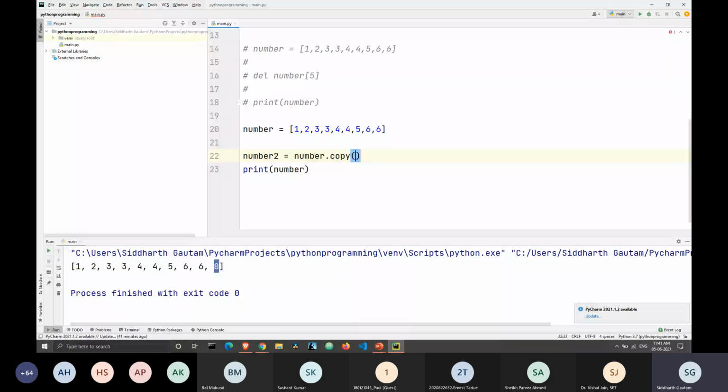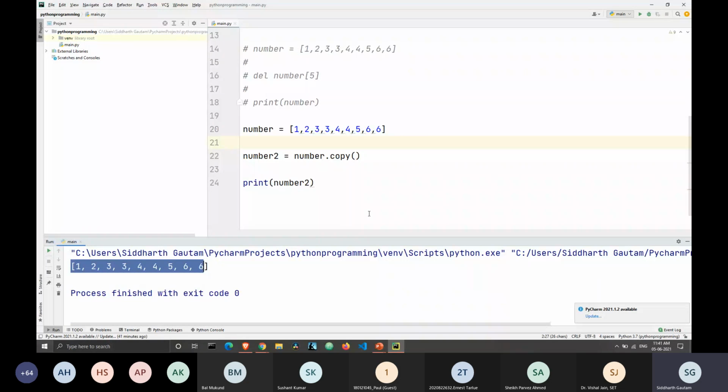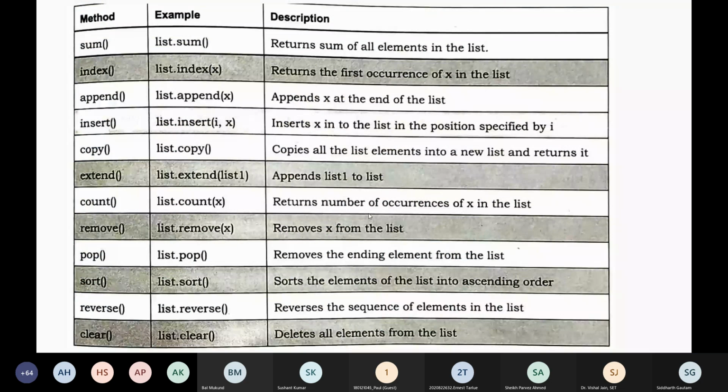What's happening here is that all of the values of the variable number have been copied to number 2, and we can print number 2 here. You can see the same elements in the list have been copied to the second list, which is number 2. So this is how the copy function works. The elements of one list get copied to the next list.